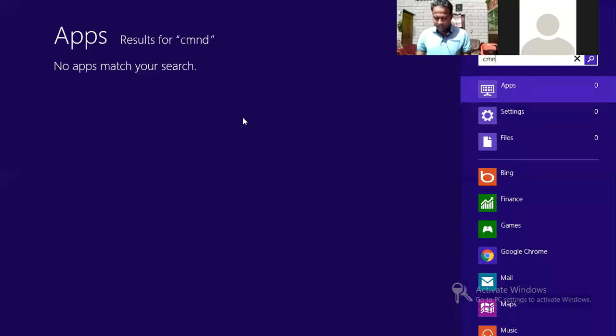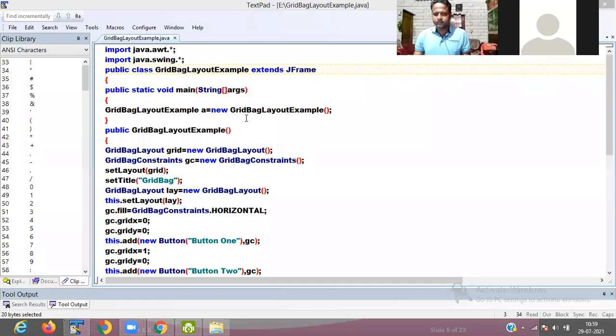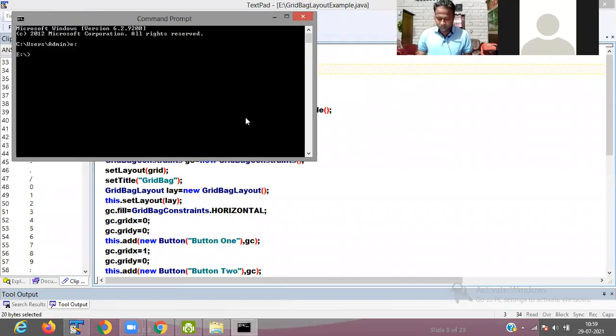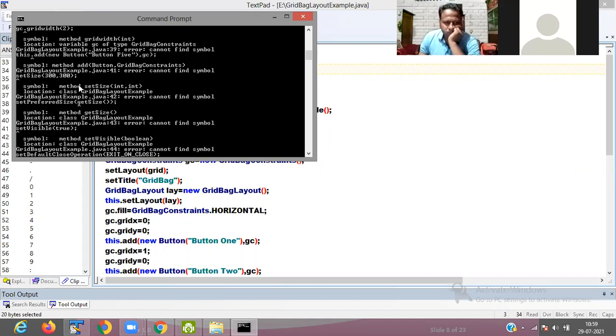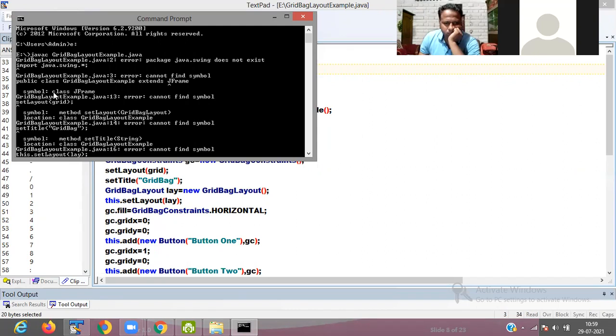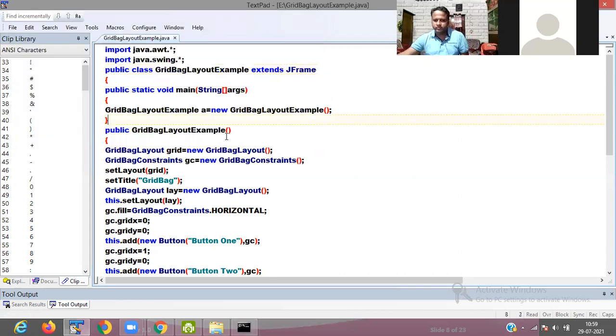So I run the file here, cmd. setVisible. The javax package.